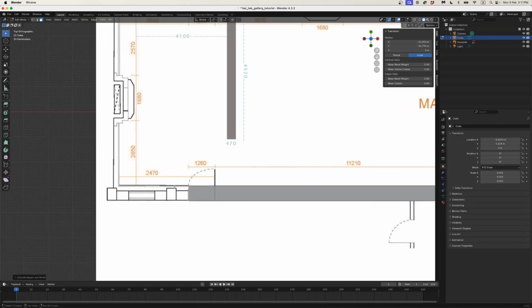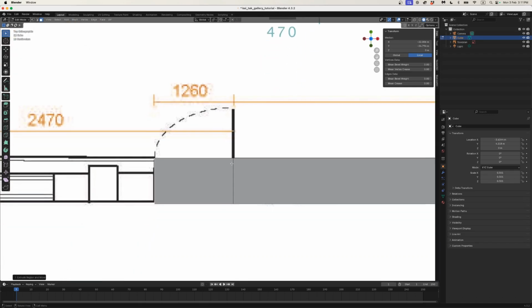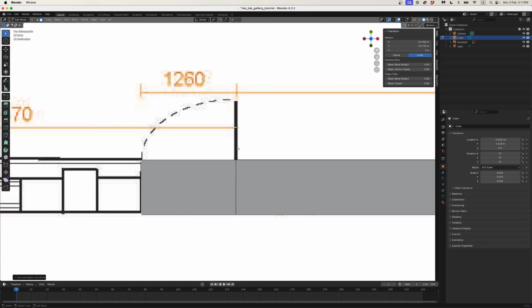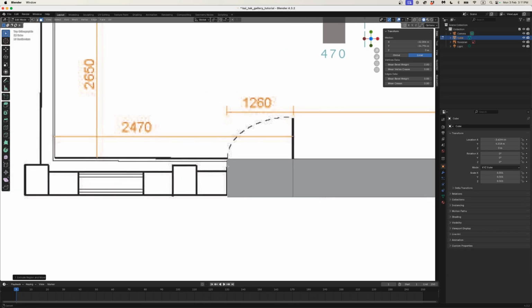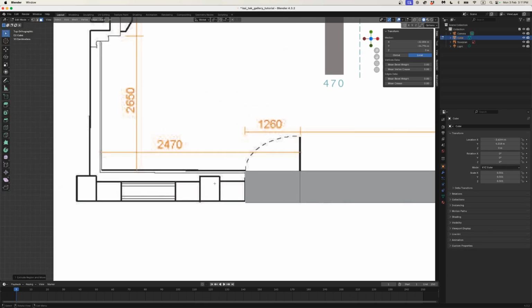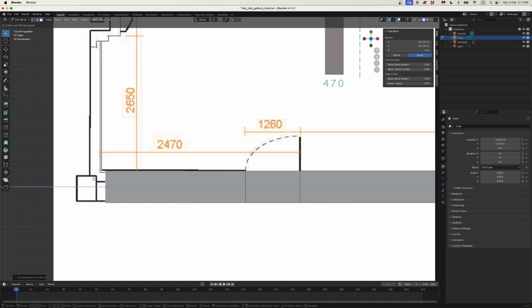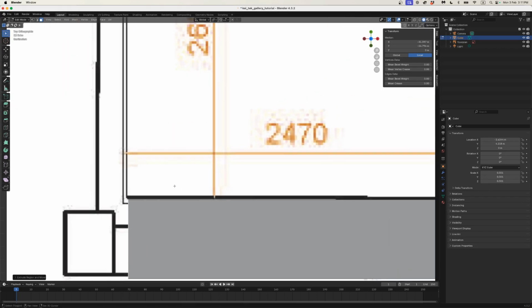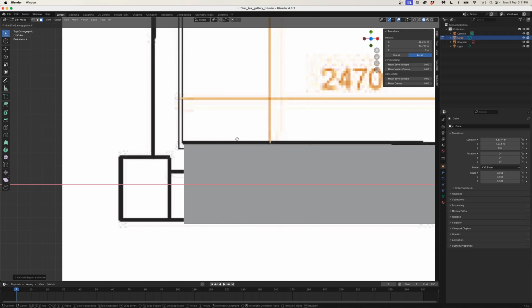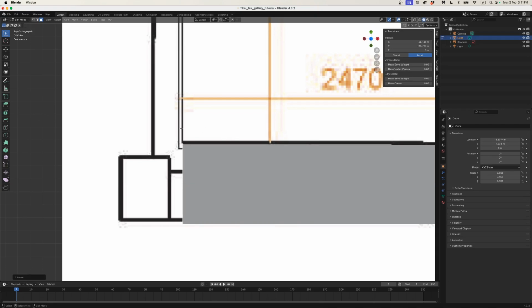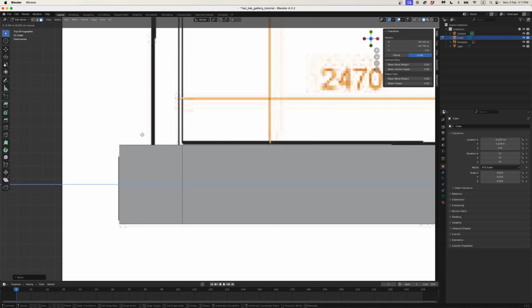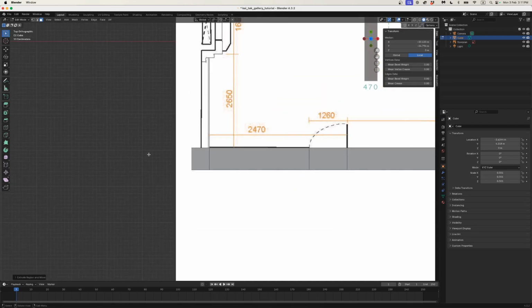You can see I'm not being super precise. Does my door start on the outside of the line or the inside of the line? I haven't been super consistent. So this whole thing might be out by 0.5 centimeter here or there, but for our purposes right now, I think it's okay. GX, I just want to get that kind of in line with this line here. E for extrude. Okay, now middle mouse button,